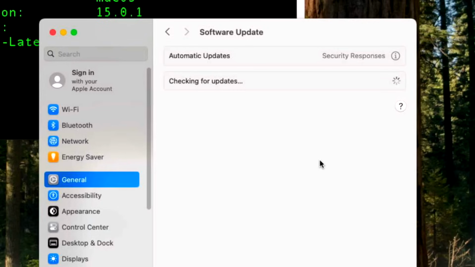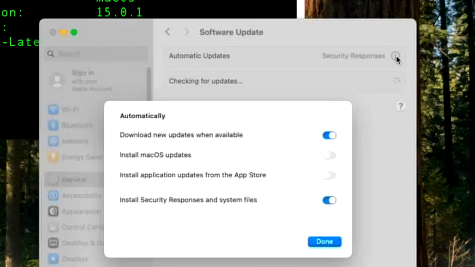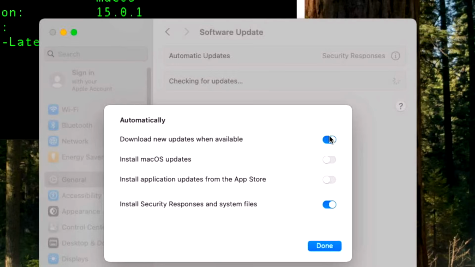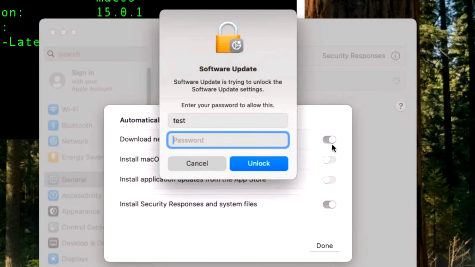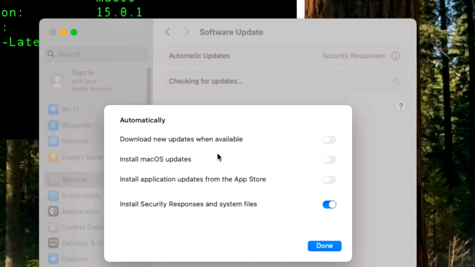Now, another very important thing that you need to do, if you haven't seen me talk about this yet, is to go into automatic updates and then turn off download new updates when available. Because, and we'll type in our administrator password, this is not what it seems. It's not like the old days where it just downloads the update. What this will do is it should say download and prepare the update, because what happens then, the update stage